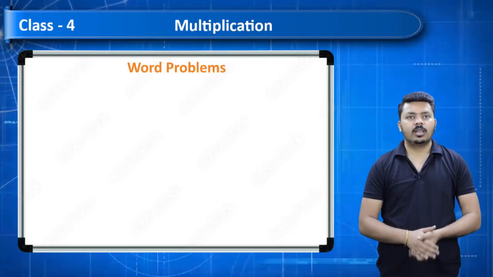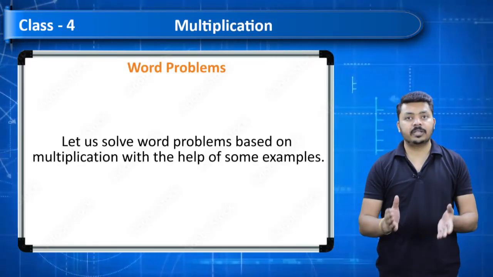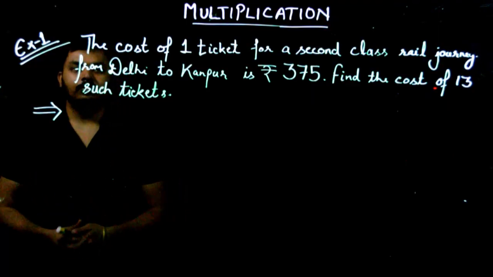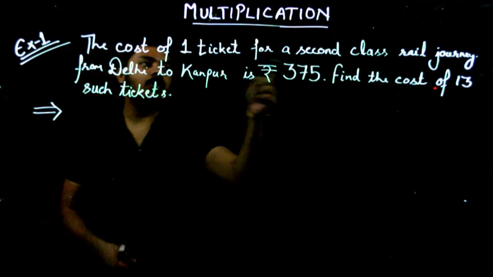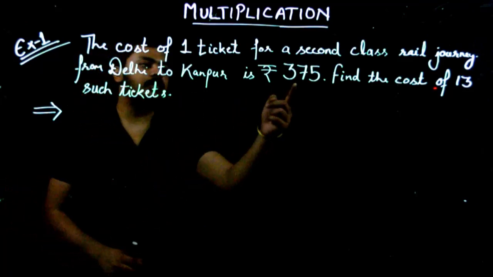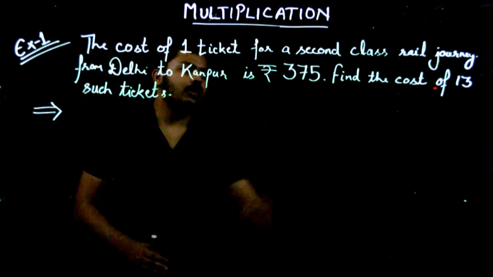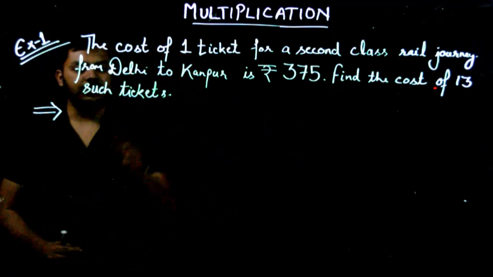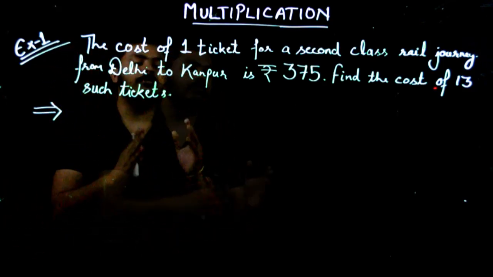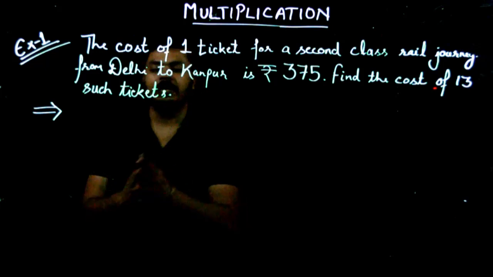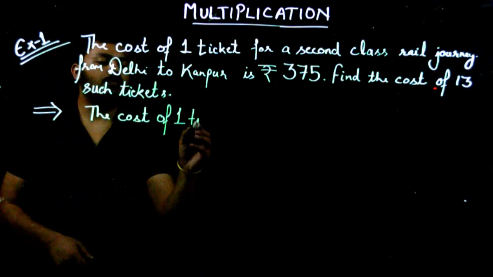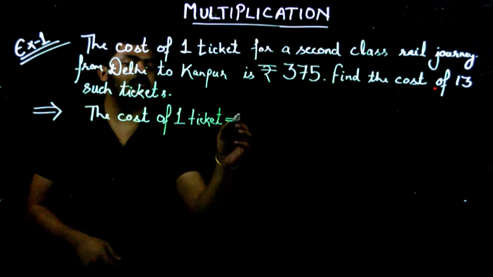Word problems. Let us solve word problems based on multiplication with the help of some examples. Example 1. The cost of one ticket for a second-class rail journey from Delhi to Kanpur is Rs 375. Find the cost of 13 such tickets. So here we are given the price of one ticket and we have to find the price of 13 tickets. So let's start. The cost of one ticket is equal to rupee